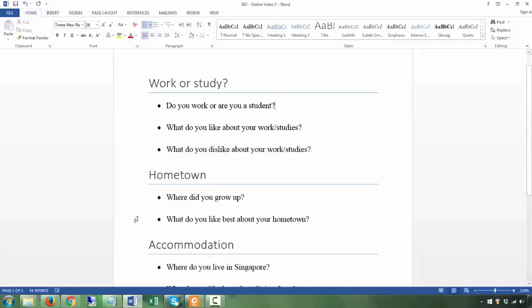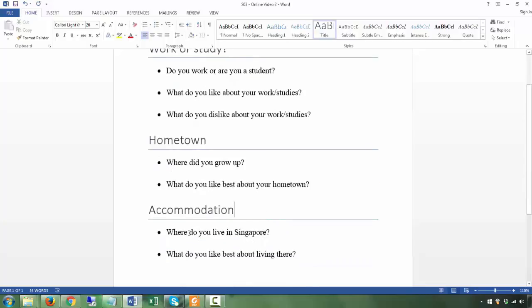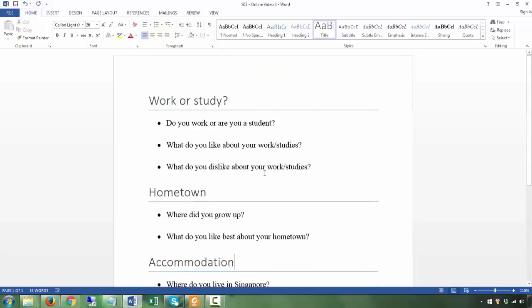They may ask you something about your hometown. They may ask you something about your accommodation, or where you live. Okay, when they ask where do you live, you could mention the place, the area you live in. You could also talk about the type of place, like a condo, an apartment, an HDB flat, etc. Okay, so it's pretty flexible. Now, let's go to